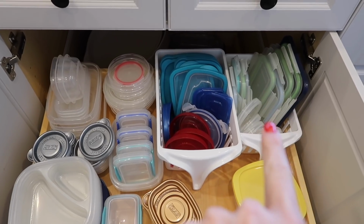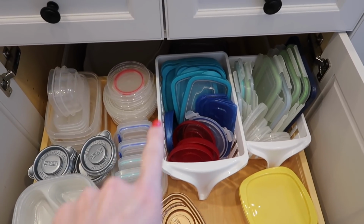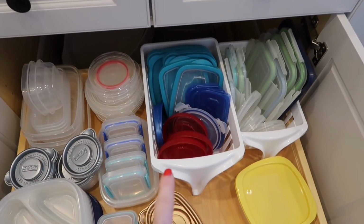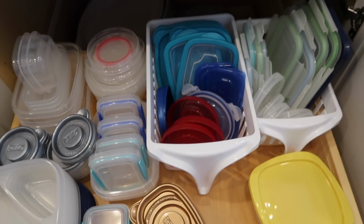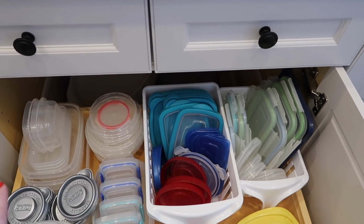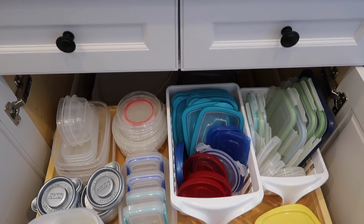But what I have in here are just the lids that go to some of my glass casserole dishes. These lids right here all go to this stuff right here. And I love putting it in these little containers, which are just from the Dollar Tree. But that way I know that every single thing in that little bin goes over here with this. And I'm not searching through trying to find a lid that goes with this shaped